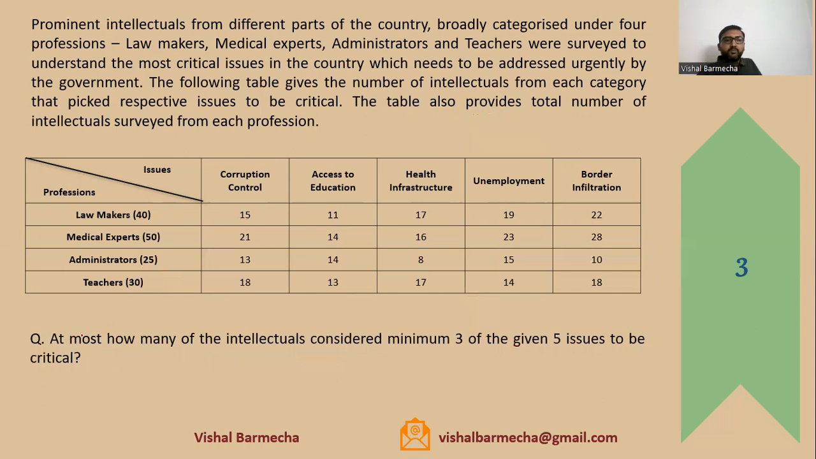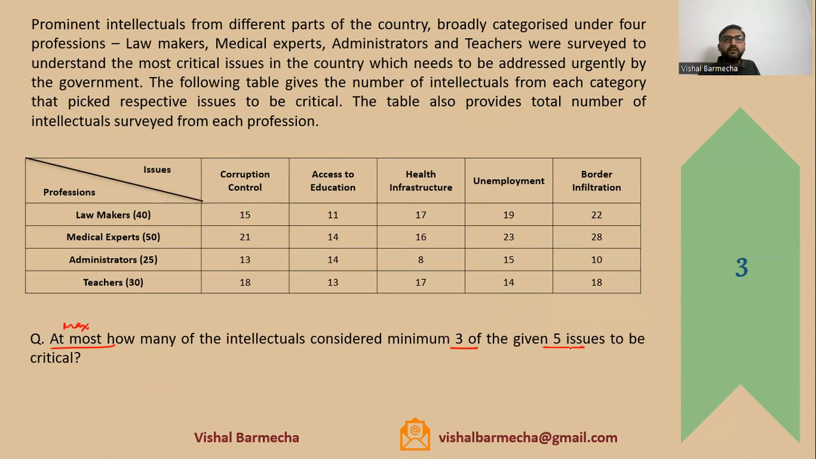At most, तो अब मुझे maximize करना है. So at most, how many of the intellectuals considered minimum 3 of the given 5 issues to be critical? Now this is an important one. Try to understand. ज़्यादा से ज़्यादा, maximum, at most, how many of the intellectuals considered minimum 3 of the 5